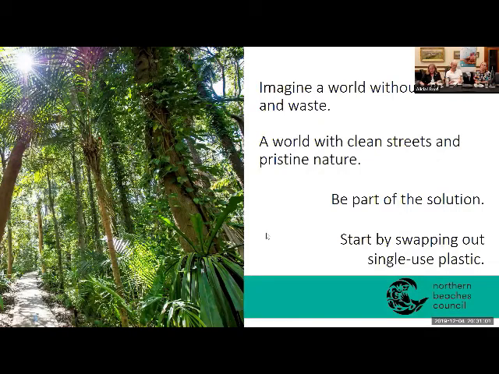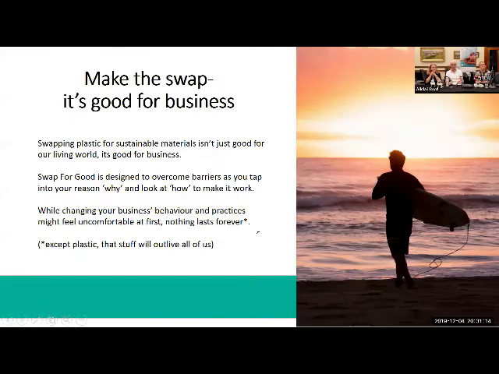We've started a thing called Swap for Good, and it's all about focusing on the positive. We do touch a little bit on the data that we find around Manly, but we try to really tell them it is actually good for business to be making the swap. Businesses do want to know what's going on.